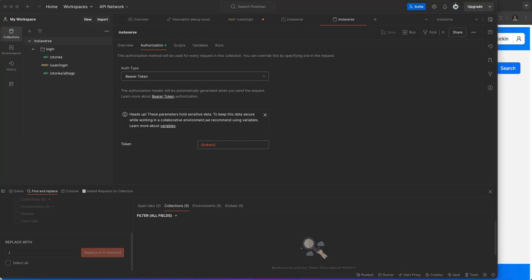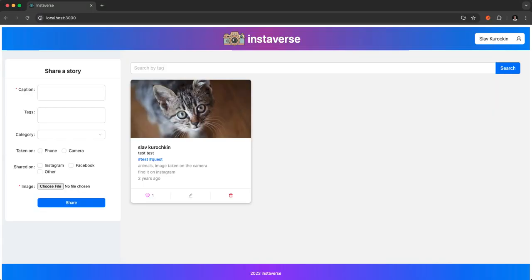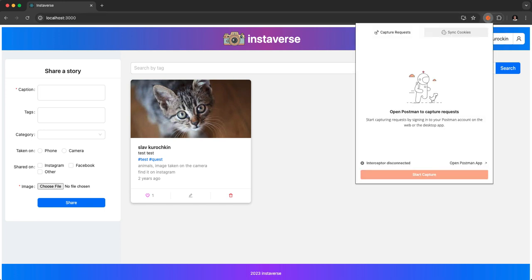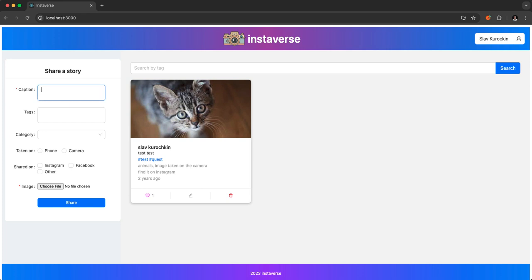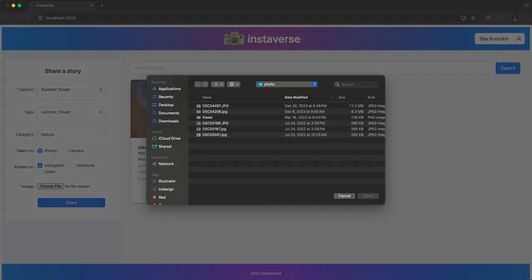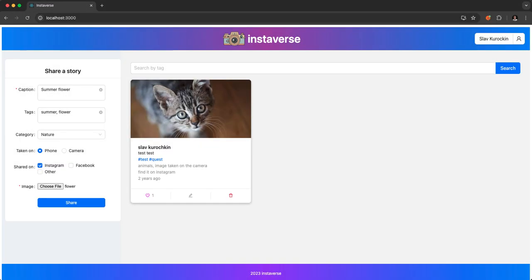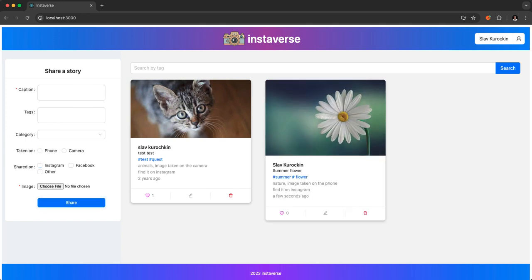Now we're moving on to the next step, which is we're gonna create a story here. But before we do that, we will need to start capturing traffic again. Let's wait for inspector to connect. Start capture, and let's call it summer flower, and then let's add some tags. Summer flower. Cool. Select category, select all the necessary things, and share. Cool. We see the post here,